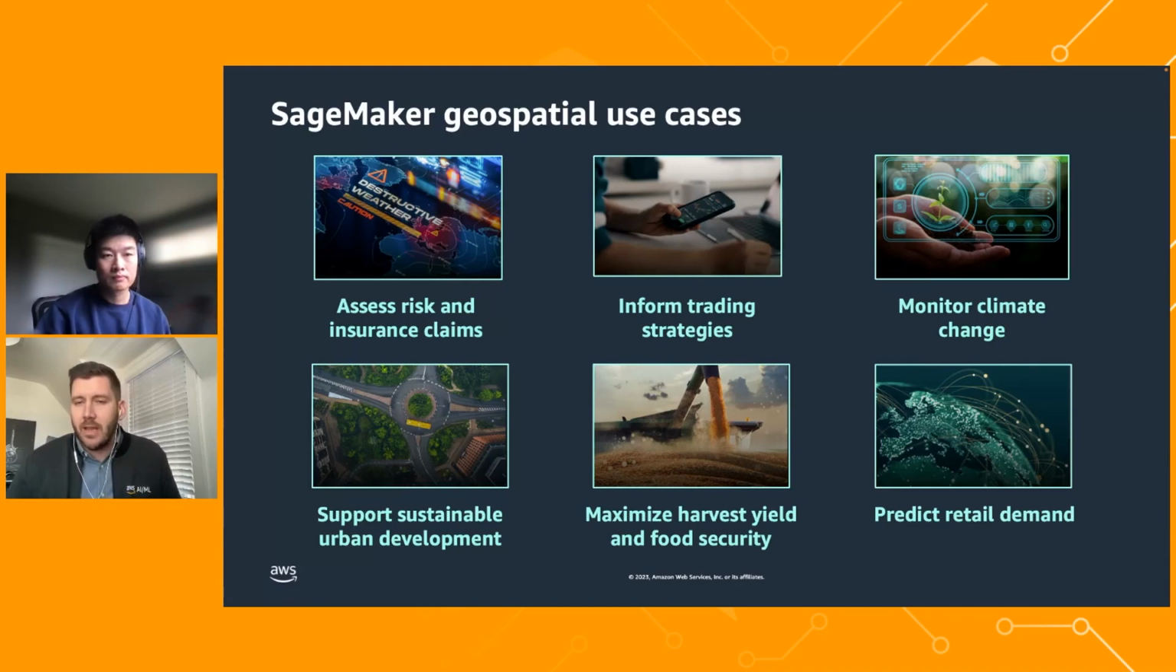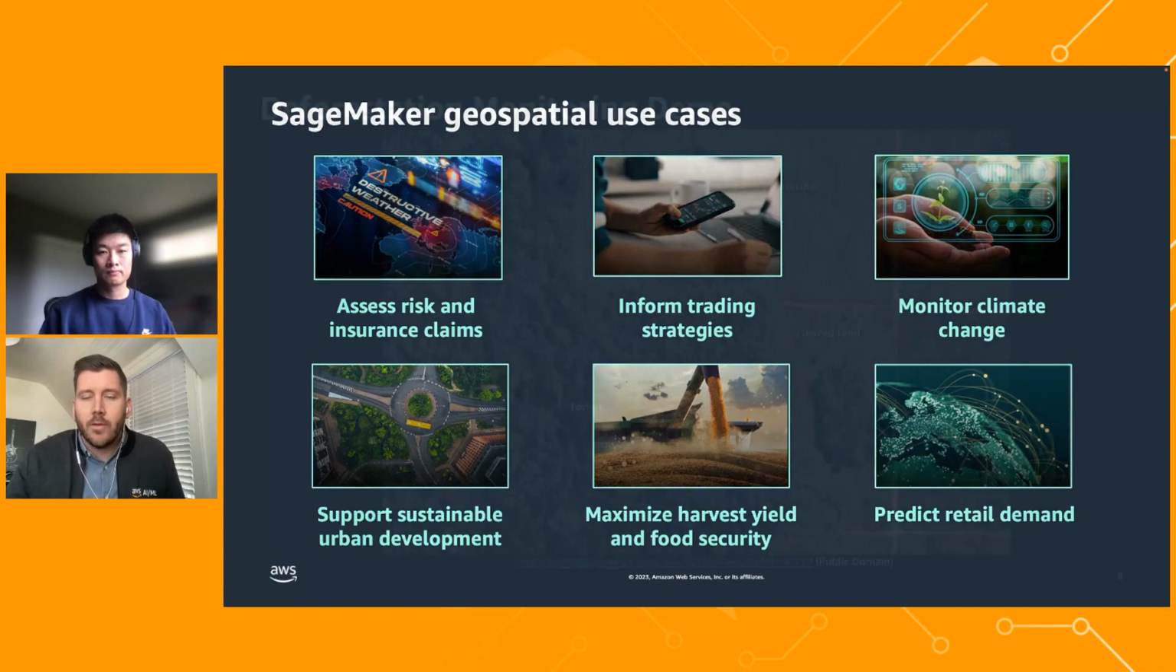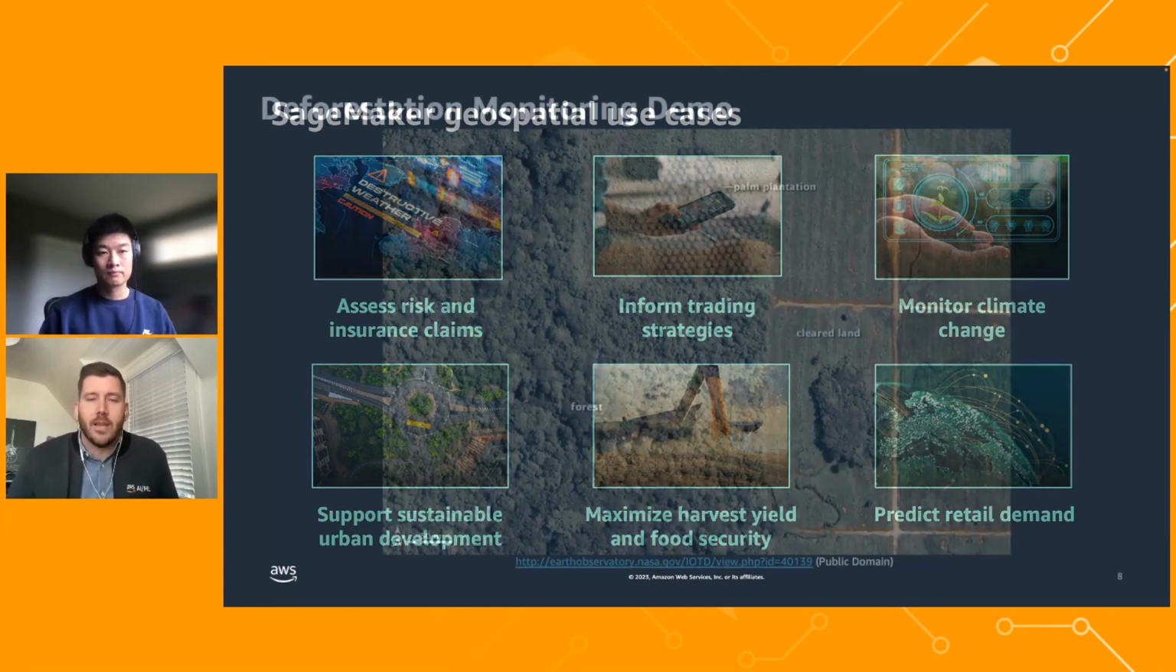Additionally, geospatial data is everywhere. It's everywhere even if we don't know about it. And that's, again, that raster data and the vector data that are both supported by SageMaker Geospatial. I now want to move into a demo, and just to motivate that demo a bit, we're going to look at